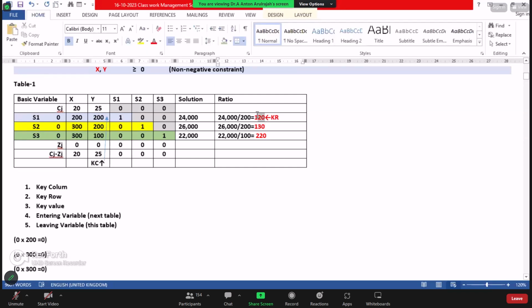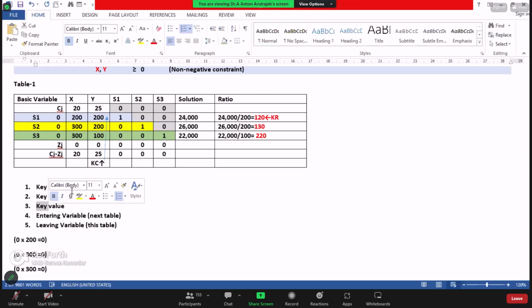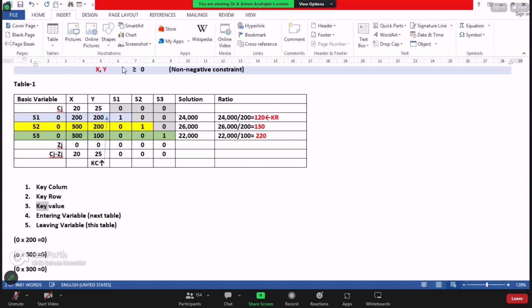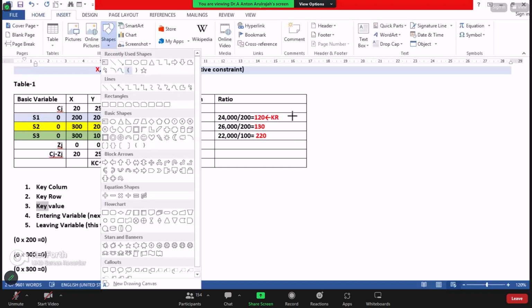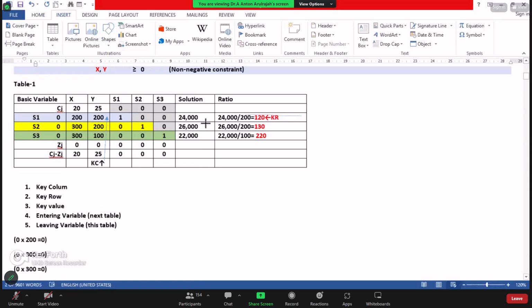Out of these three values, 120, 130, and 200, the smallest positive value is 120. So now we have to move to how to find the key value, where the key row and key column intersect. Where key column and key row are intersecting, that is termed as